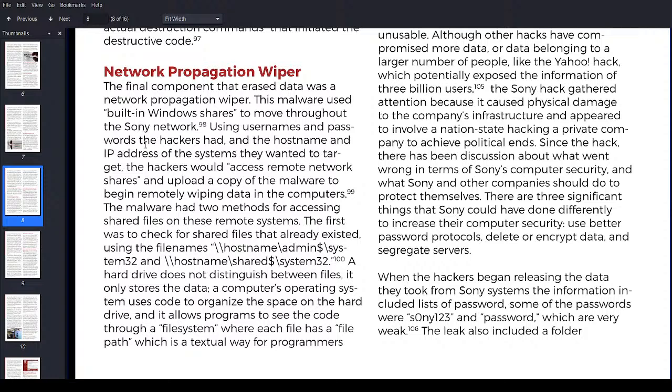As you can see, I feel like we learned something today. We're getting an idea how these bad boys work. It sucks for Sony, but it seems like these dudes definitely knew what they were doing, and they had some sort of experience in the art of hacking. It definitely sounds like everything that they were doing was designed for maximum damage. To me, it seems like these guys have probably done this before on other targets. I don't think this is their first rodeo, because everything that they were doing is